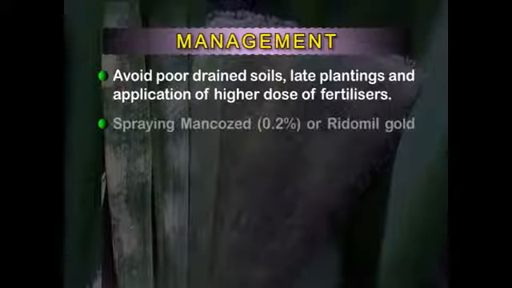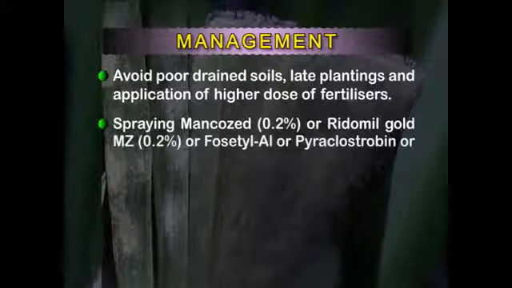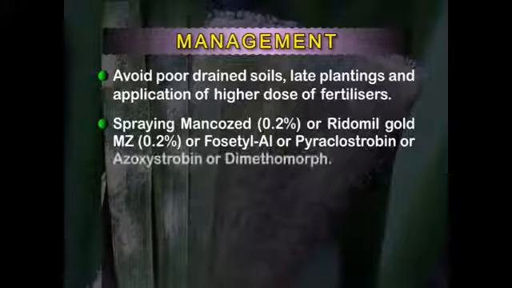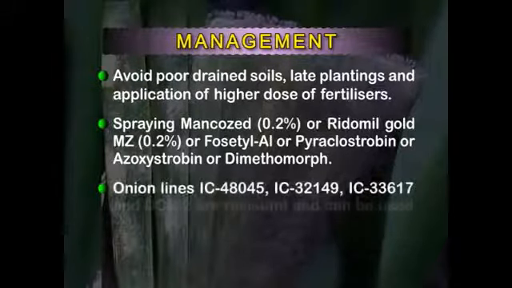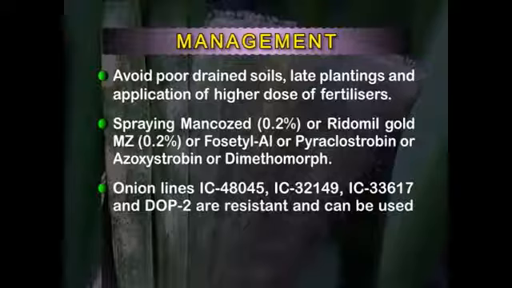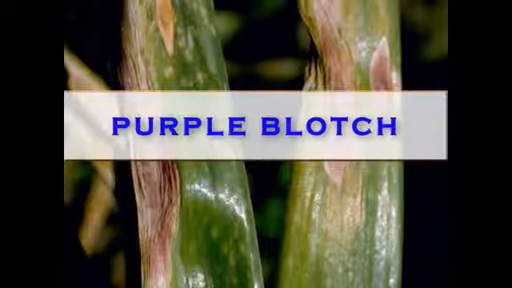Spraying Mancozeb 0.2% or Ridomil Gold MZ 0.2% or fosetyl aluminium or pyraclostrobin or azoxystrobin or dimethomorph is recommended. Onion lines like IC 48045, IC 32149, IC 33617 and DOP2 are resistant and can be used as disease resistance source. Next important disease is the